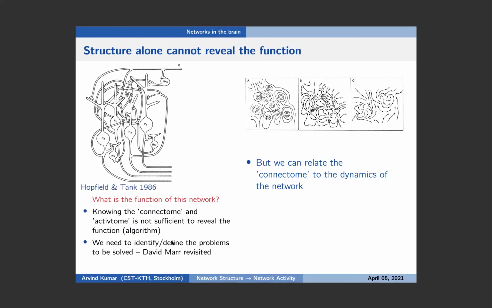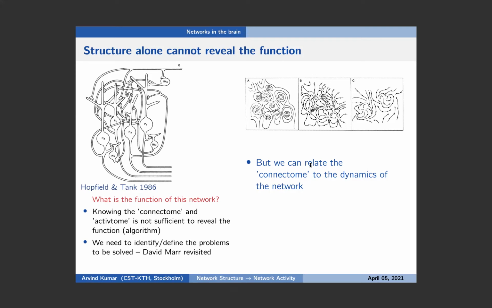So then what is it good for that we know the connectome? Clearly we know that connectivity is important for brain function. And as Hopfield said, and has been repeated many times since, we can't really talk about function just knowing the connectivity. So what is connectivity good for? In their paper itself in 86, they argued that there is something else we can do. We can define the dynamics of this network. In this case, they were focusing on the energy states and looking into the minimum energy conditions. Based on that, they argued we could use such a network for optimization problems.